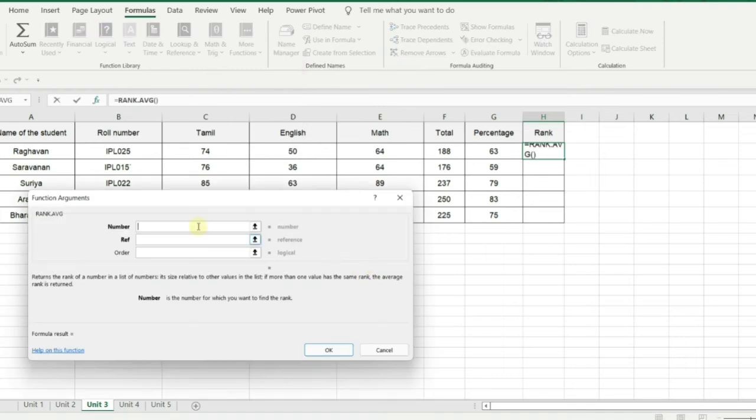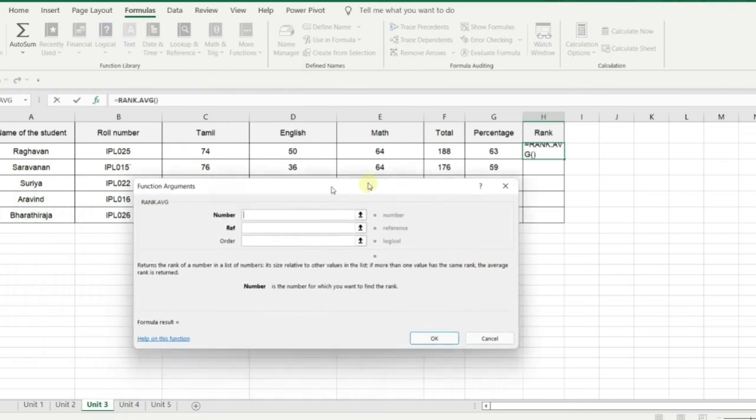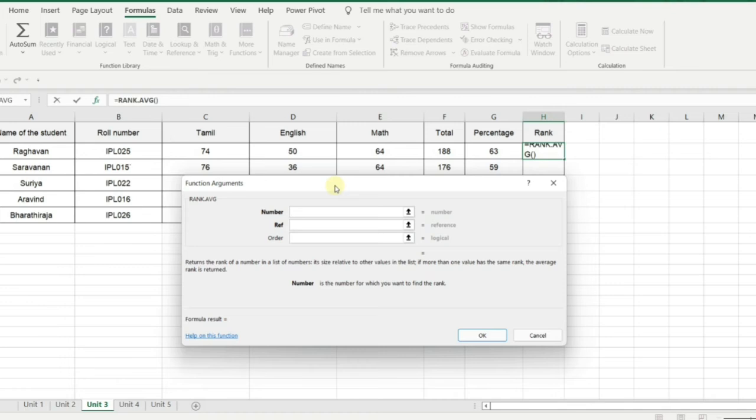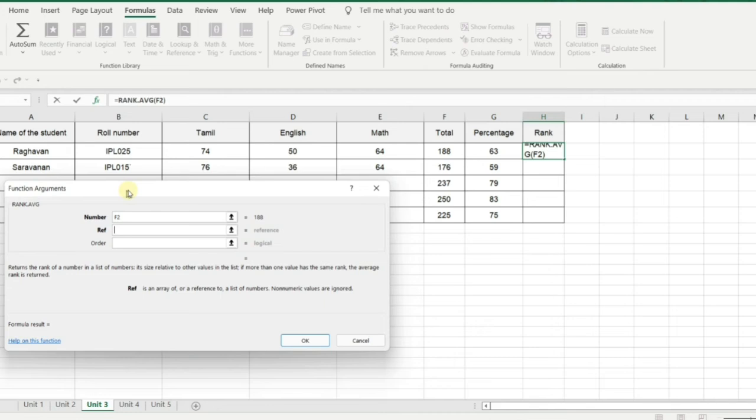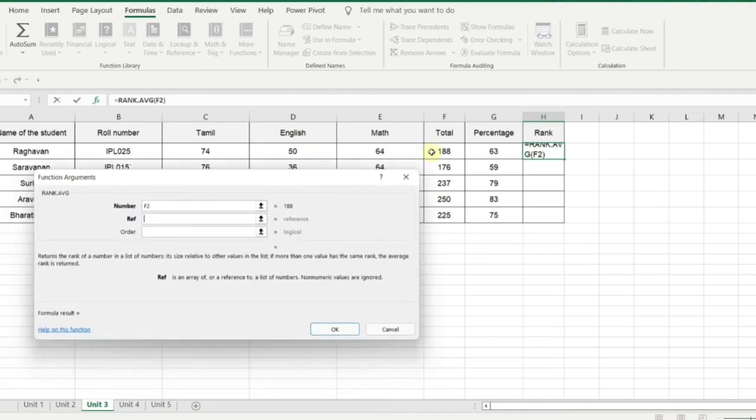So here for the first one, hope you are able to see it clearly. For the first one, number, we have to select the value which is straight to this row, the total value. Now it is very important for the second option, reference or ref. You have to select the whole range, the column.